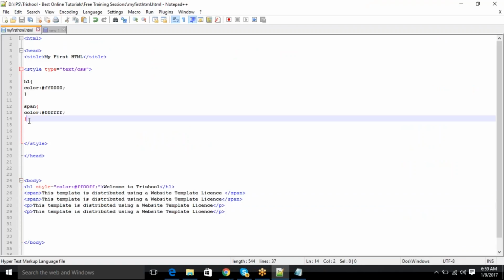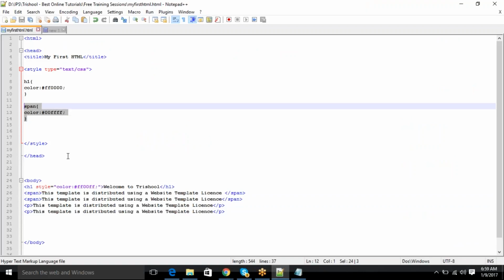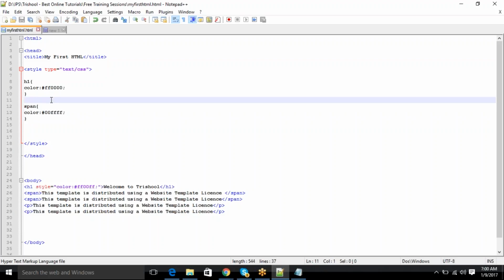So if I write like this tag, it will apply to every span tag in the entire document. If I write this in an external link and apply it, it will apply for every span tag in the entire website. So this, we call this as a global. We can call this as a tag CSS basically. So I'll explain you more about